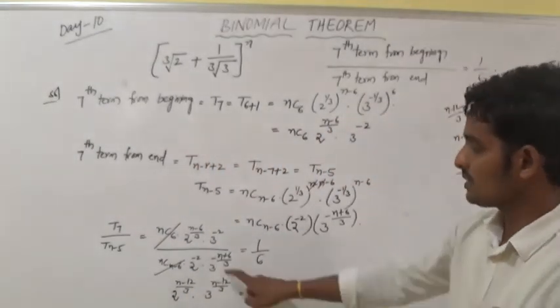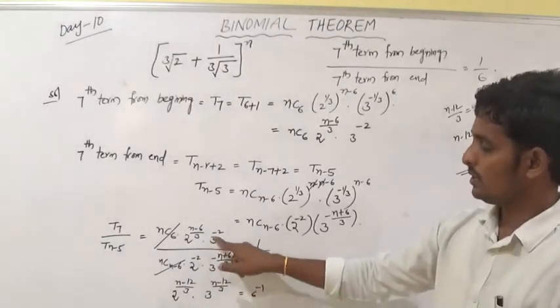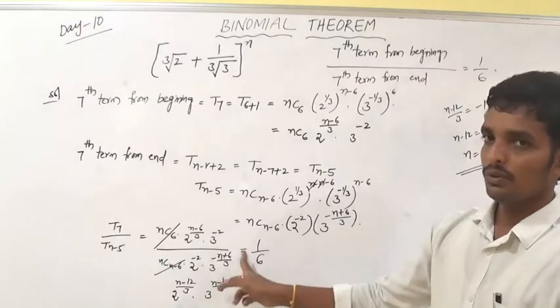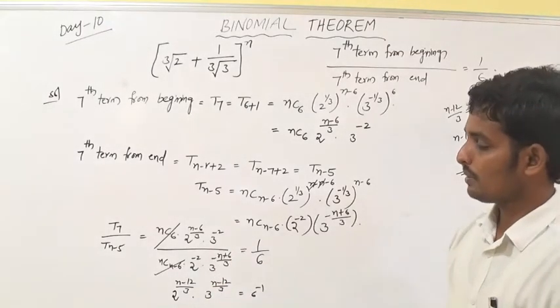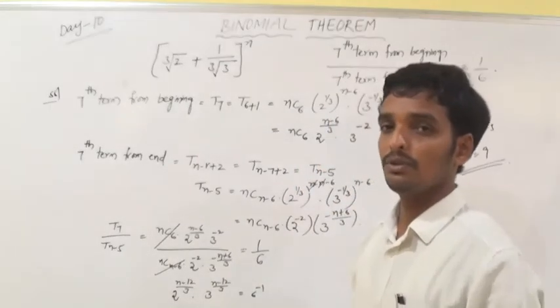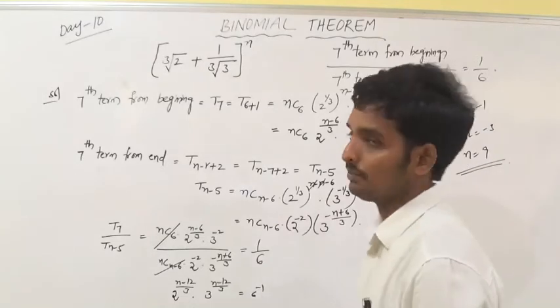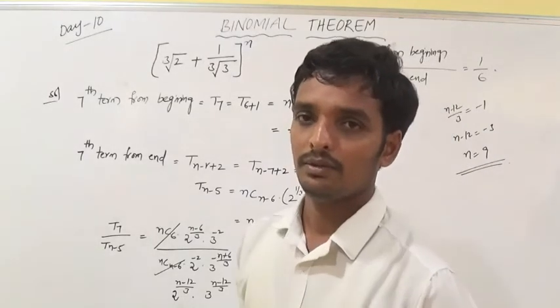So here you can simplify a power m by a power n. Simplify (n minus 12) by 3. So 3 power minus 2 by this. So we are getting the same answers. 2 power (n minus 12) by 3 into 3 power (n minus 12) by 3. So a power m into b power m is equal to (a into b) whole power m. We will get the answer, n is equal to 9. Are you okay? Okay. Next problem.